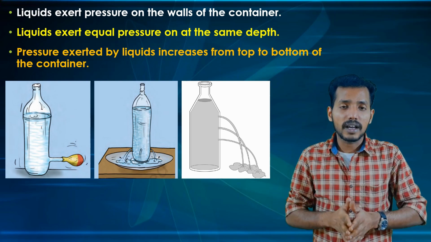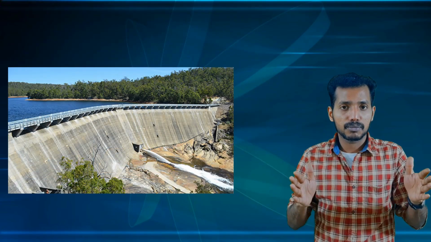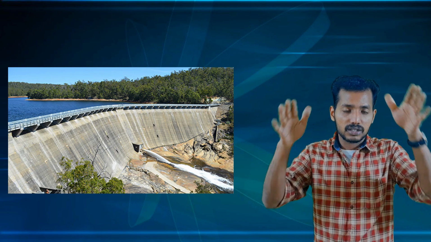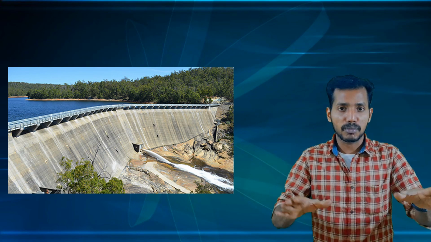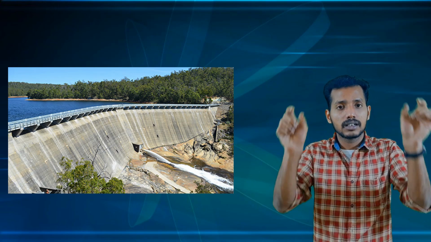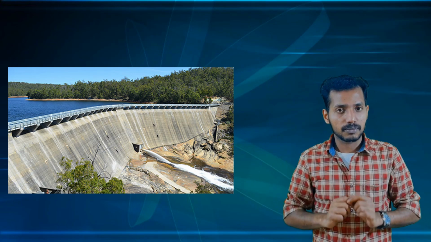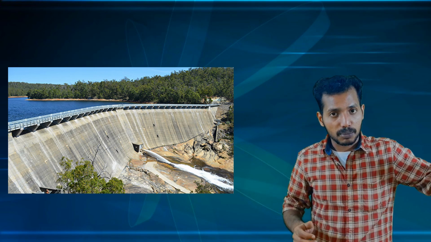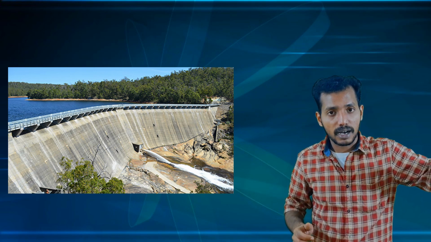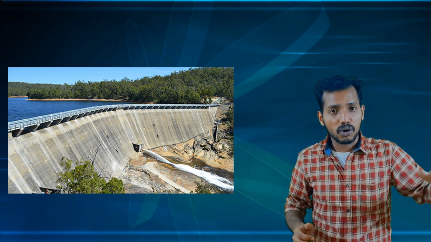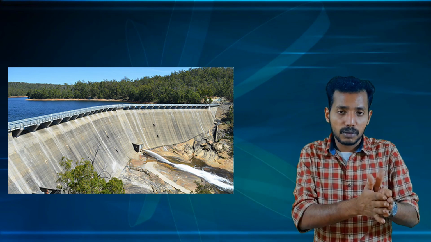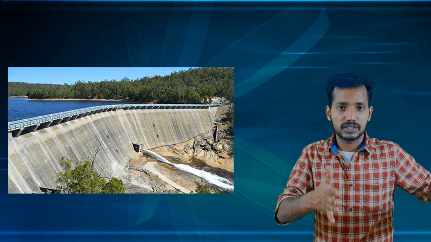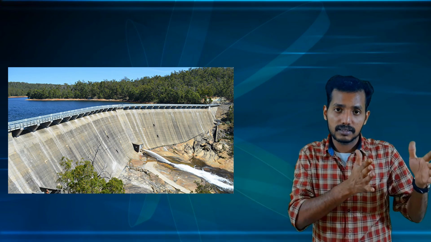This is the reason why dams are made in the shape of a triangle, in which the bottom part of the wall of the dam is much thicker than the top part of the wall. The reason is that the pressure exerted by the water in the dam will be much more at the bottom part than at the top part. So the wall of the bottom part should be much thicker to support that much